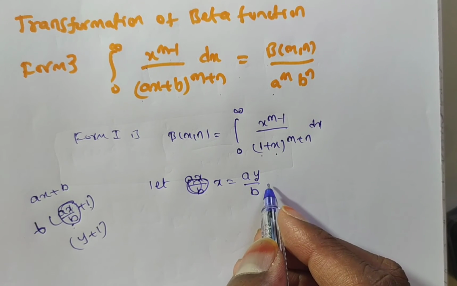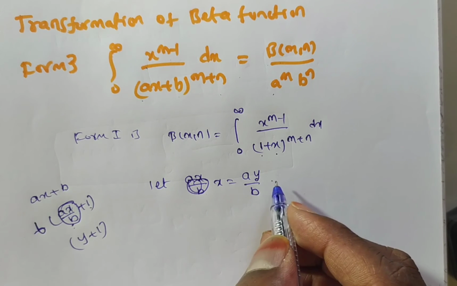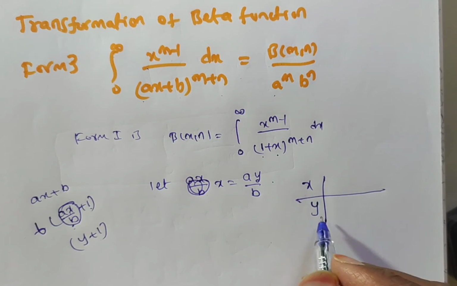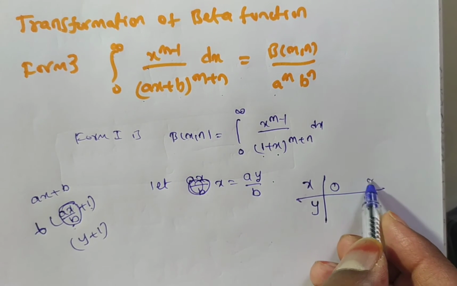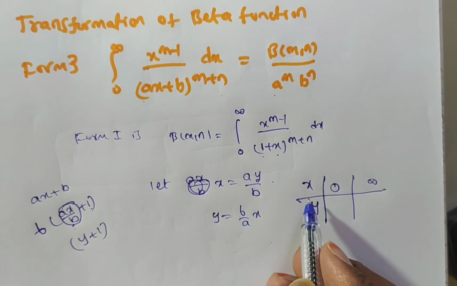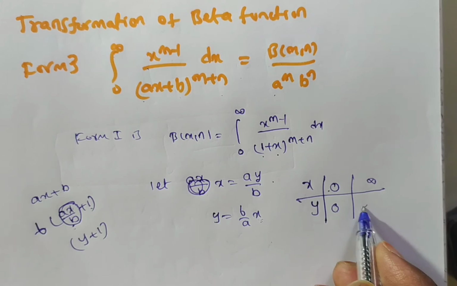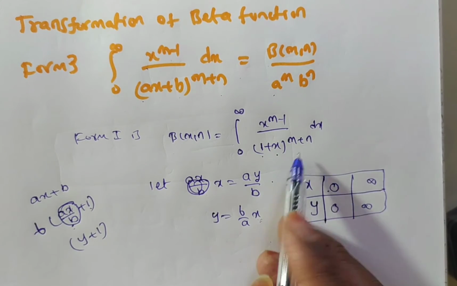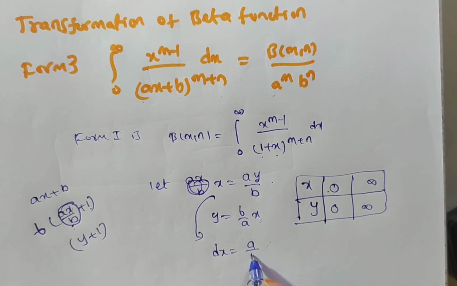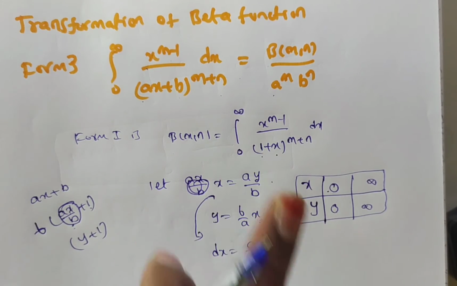Then in this case I want the dx value, and the limits also have to change. What are the limits here? The x limit and the y limit. We are changing x in terms of y. So the x limits: lower limit 0 and upper limit infinity. Now from this you can get y as a by b times x. If you put x equal to 0, what is the y value? 0. If you put x as infinity, what is the y value? Infinity. So the limits you also have. Next what you require is the dx term. So from this, what is the derivative of x here? dx is equal to b by a, which is a constant, into dy. So these limit values, dx value and x value you substitute in the above equation.